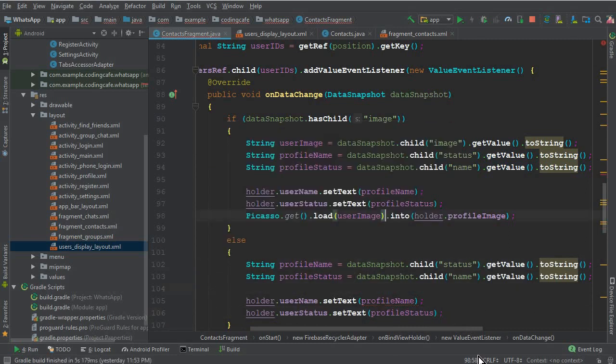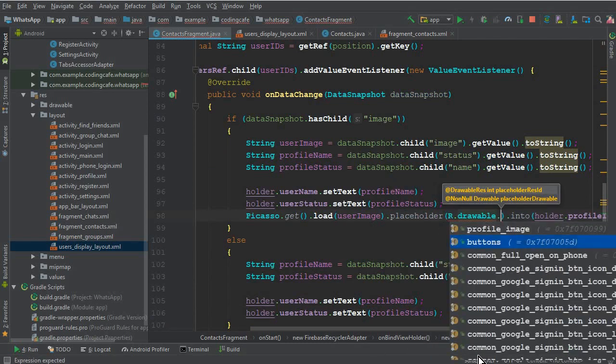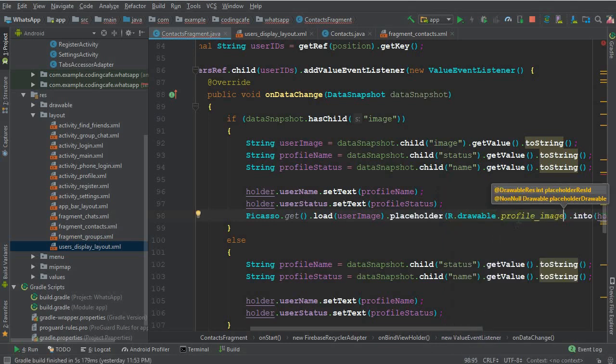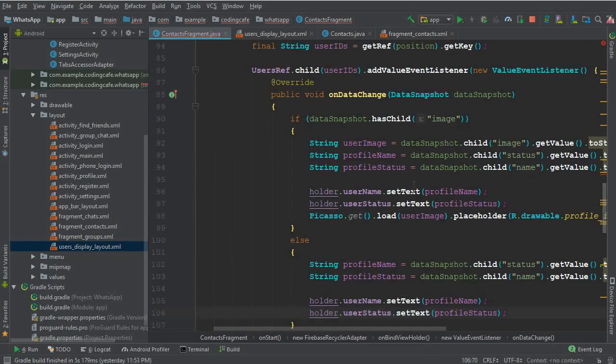And if you want, then you can add a placeholder dot drawable dot, which is basically a profile image. This is a default profile image picture in the drawable folder. Now the last thing which is left is